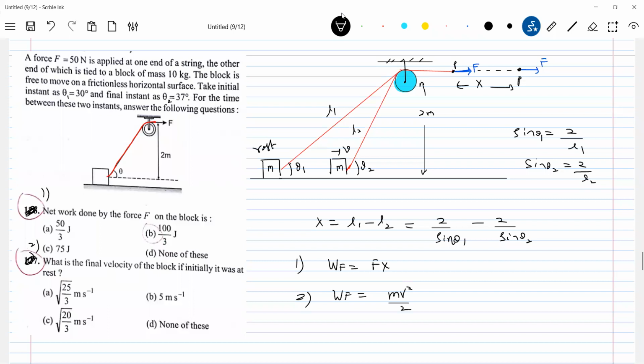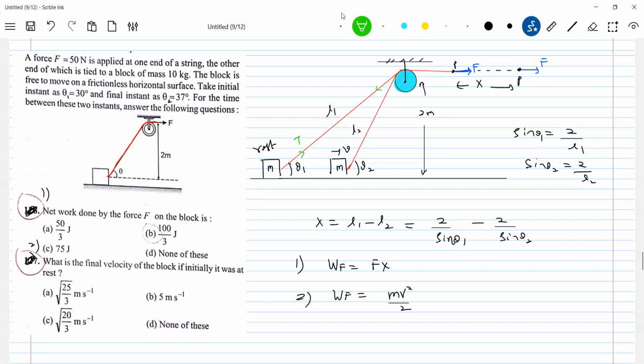What some students do instead is, the force you apply will be the tension, so they go for finding tension. Okay, nothing wrong, if you want you can try that. But as I pull with a constant force, tension will be constant, but look at theta. Theta is variable. So what type of force is this, where the angle keeps varying? Then you should integrate, and then calculate the velocity. Instead of that, what is the only force doing work? The applied force here. So what about the tension? Tension must be there, no? Why didn't you bother about it?